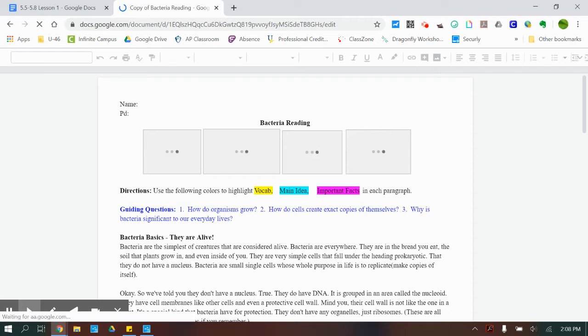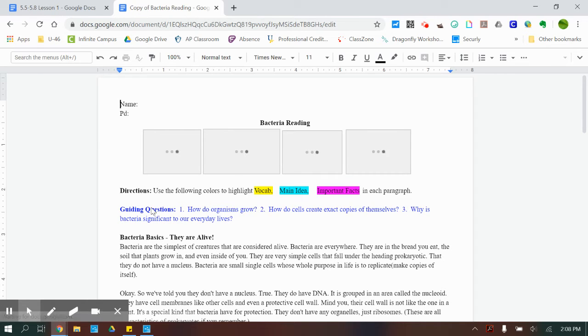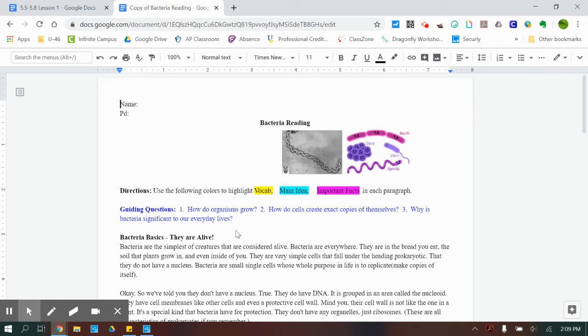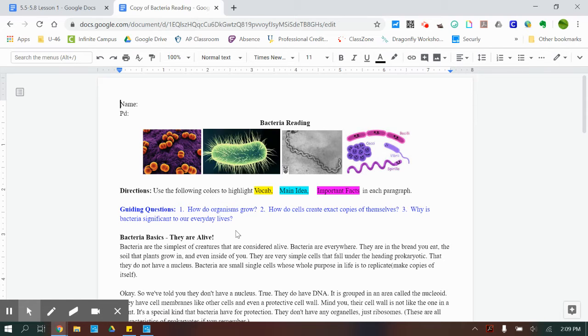But once you open it, you'll see that it says bacteria reading. It's going to open up with some pictures once they start to load. But basically, your guiding questions for this reading, you're trying to learn, how do these organisms grow? How do bacterial cells create exact copies of themselves? And why is bacteria significant to our everyday lives? So those are your guiding questions, what you should be able to answer once you're all done with this